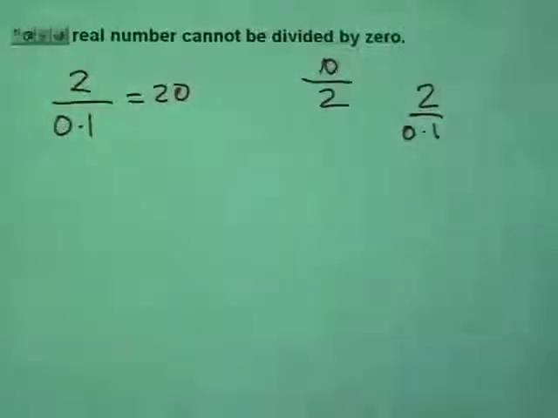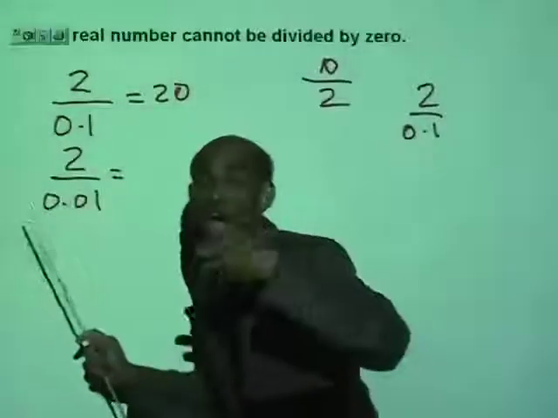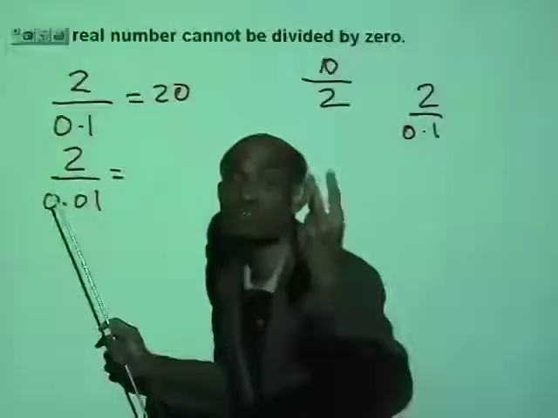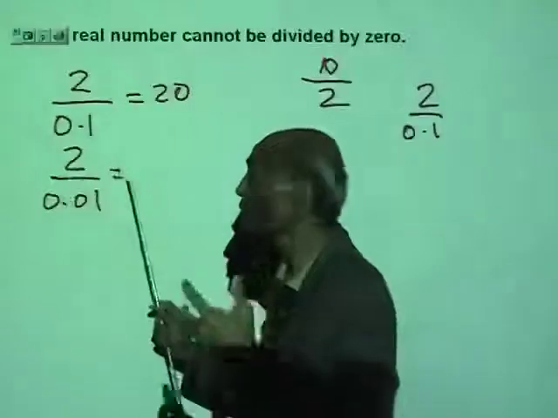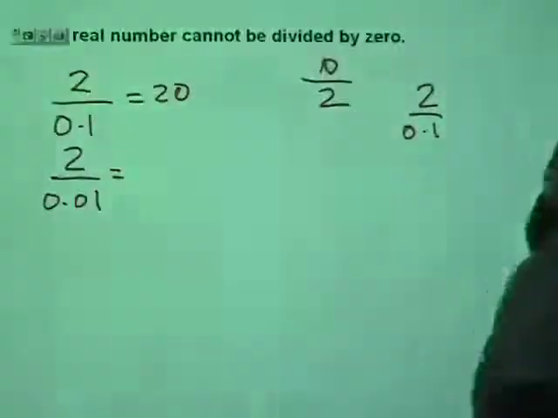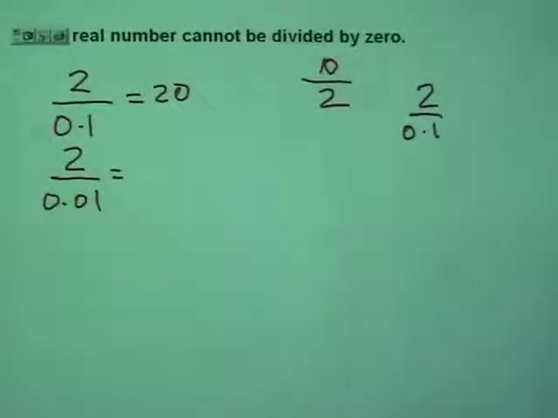Alright? Now tell me, what is 2 divided by 0.01? In other words, now I am asking how many hundredths are there in 2? How many hundredths are there? There are 200 of those. 2 divided by 0.01 is 200. Alright, anybody tell me what this is? 2 divided by